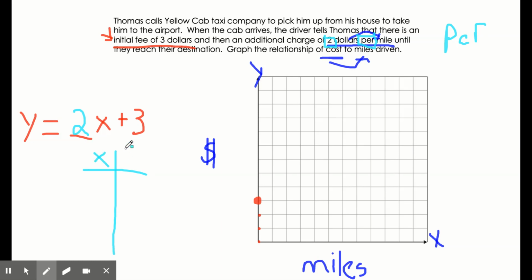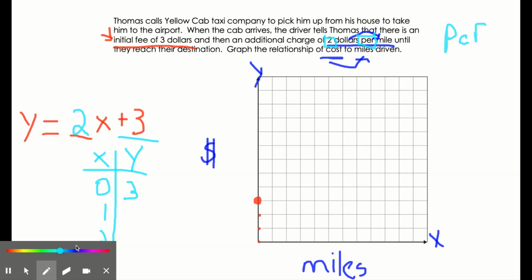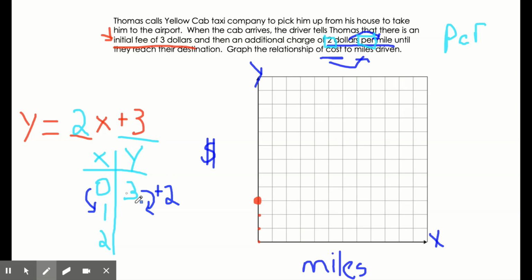So now I'm going to go ahead and make a quick little table, starting out with 0, 1, and 2. So I already know for my x equaling 0, it's going to give me a 3 as an output. I can see that on my graph already, and since this is my y-intercept, because it is my b, I can plug it into my table first and foremost. Then, again, using either substitution or by counting in my table, I know that when this changes by 1 mile, this side should change by $2. So that means I'm going to plus 2 to this 3,